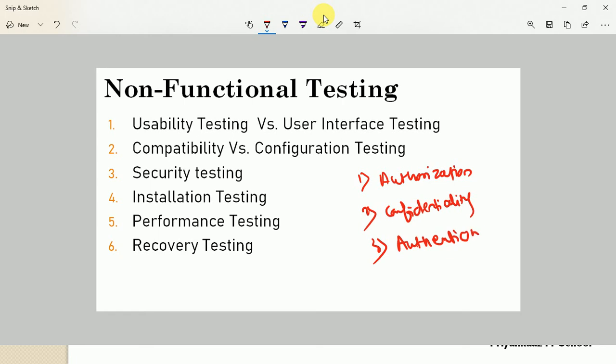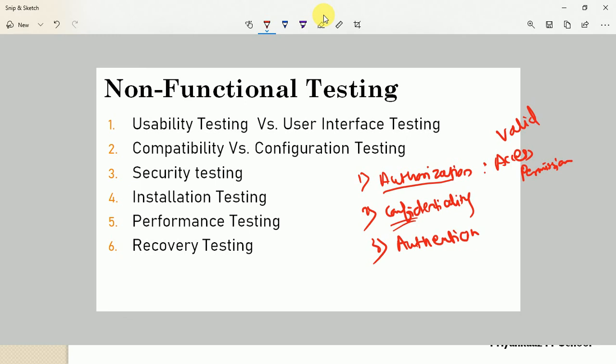Authorization means whenever an application is developed for a specific requirement, then as per valid and invalid users, we need to verify that application. So authorization is all about access control, right? We can check access permissions for a specific user, but here we check these access permissions for a valid user. If the user is valid, we can verify the proper access and all the access permissions related to it. What is confidentiality? Confidentiality is all about database confidentiality we can verify. It involves keeping the information secure and confidential, right?